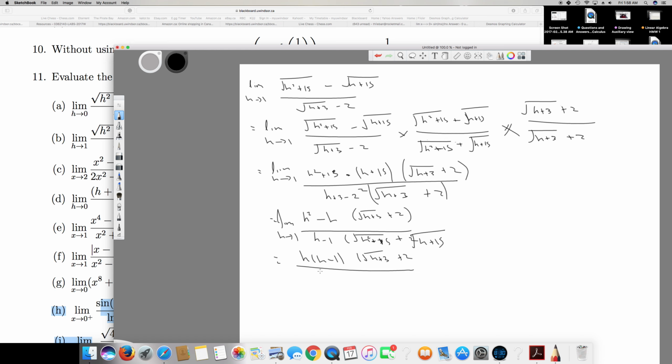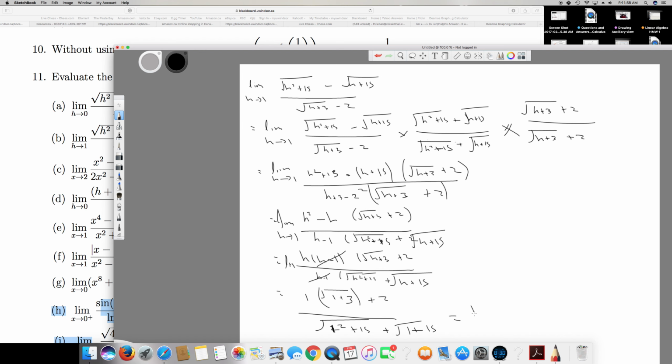So the bottom part and top part cancel, h minus 1 cancels each other, and the remaining thing is h square plus 15 plus square root of h plus 15. So this is the remaining thing. Now I can plug the 1 value, so 1 times square root of 1 plus 3 plus 2 over square root of 1 square plus 15 plus 1 plus 15,